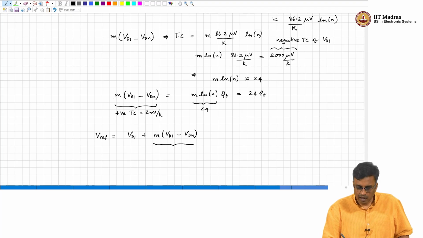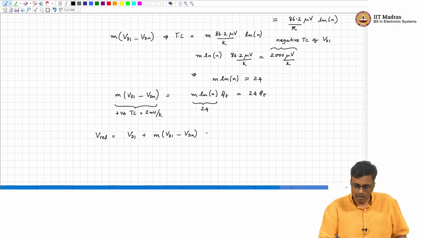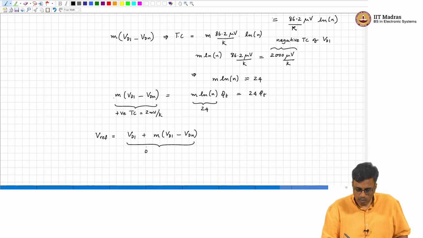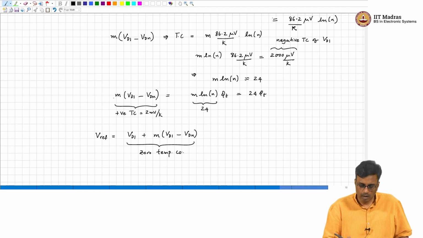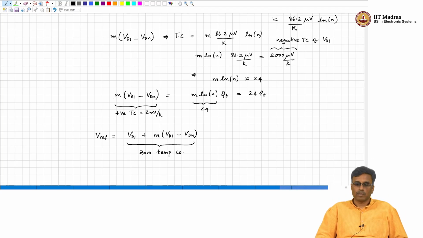This will have 0 temperature coefficient, all right, and so it does not matter what temperature you find it, it is supposed to be the same. So, at room temperature we know that Vd1 is approximately